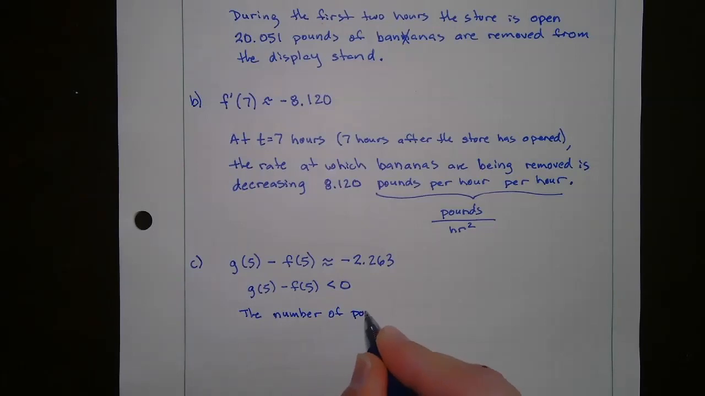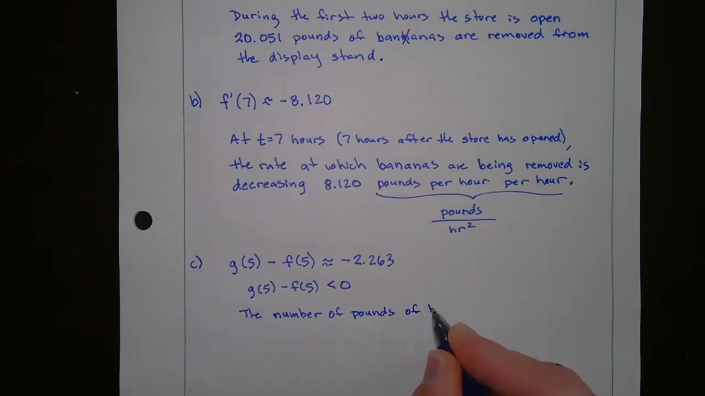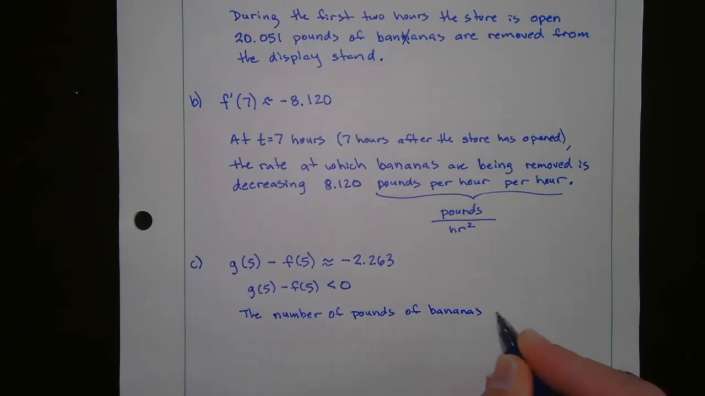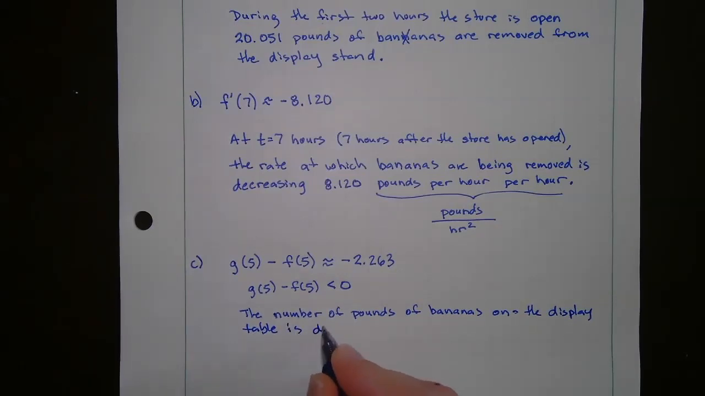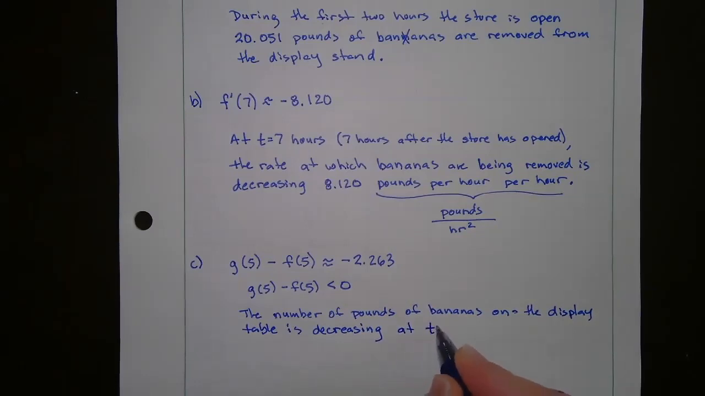So we'd say the number of pounds of bananas on the display table is decreasing at t equals 5 because, here's the reason why, the explanation, because g of 5 minus f of 5 is less than